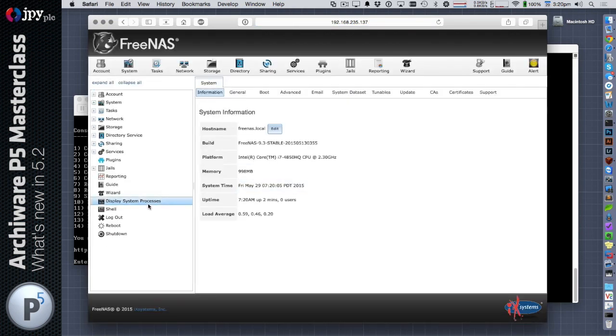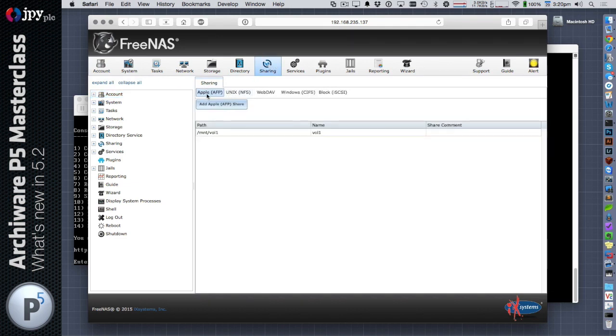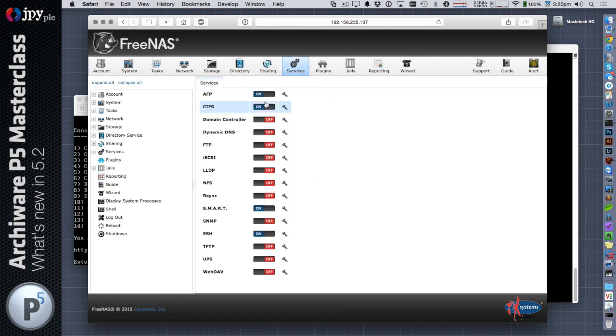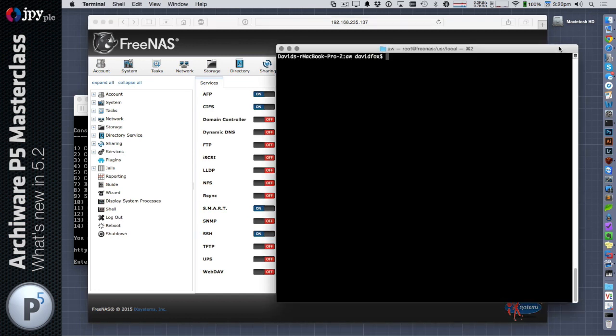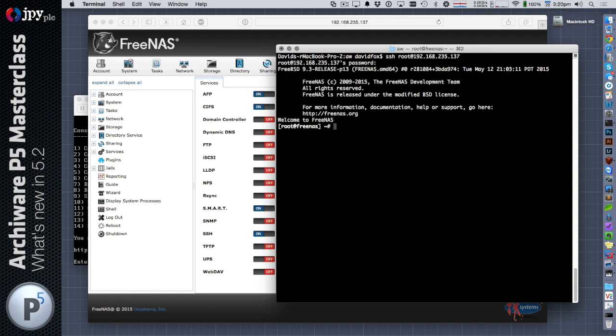And within FreeNAS you can see that there's a menu-driven interface that allows you to configure everything from creating ZFS file systems to sharing them out via Apple AFP, Unix NFS, CIFS for Windows. There's a number of different services that are pre-installed, so this is currently working as an AFP file server, and in addition I have SSH access enabled. So let's SSH in to our FreeNAS box using the terminal on the Mac,